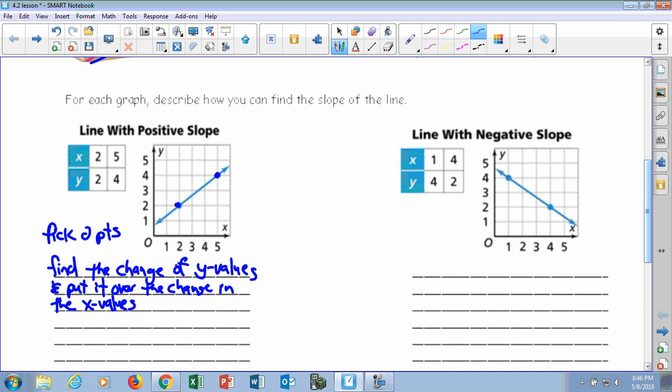That's one way you can do it. So if I look, my 2 x's are right here, and my 2 y's are right here. So if I go, again, going this way, because there's the point,